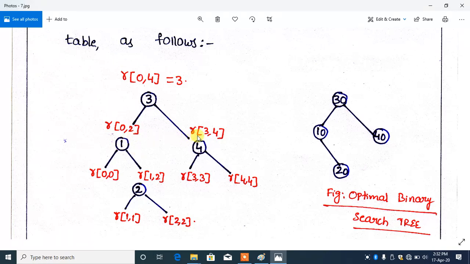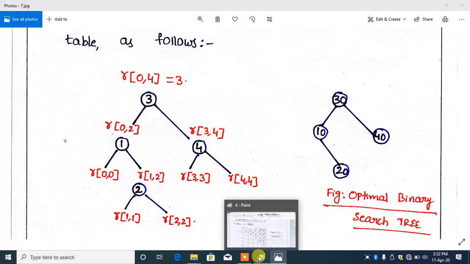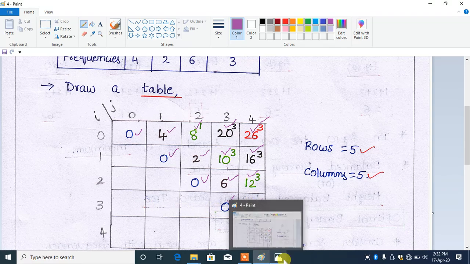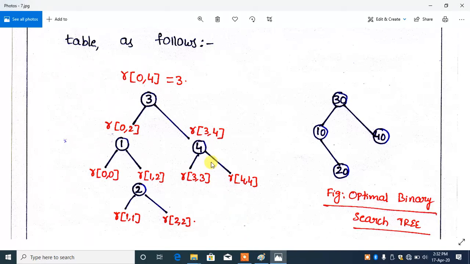Here if you consider 3 comma 4 from the table, the cost of reaching from 3 comma 4 we have got as 4. Now consider this side.